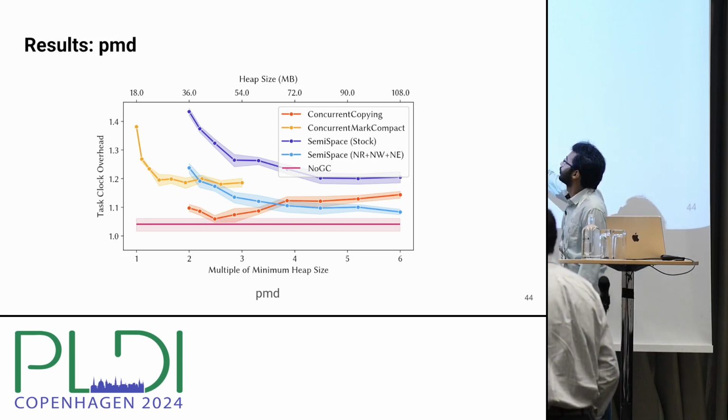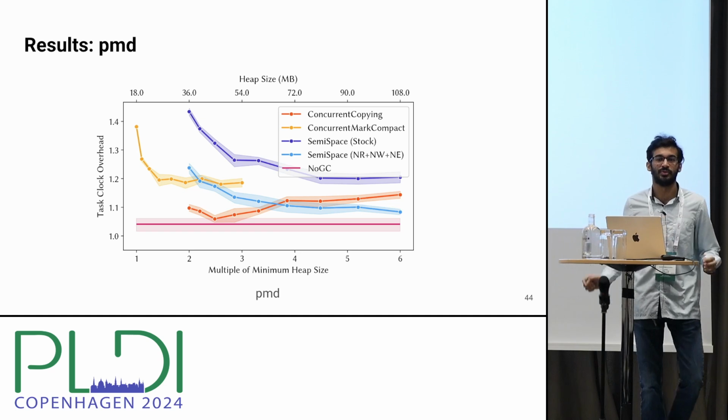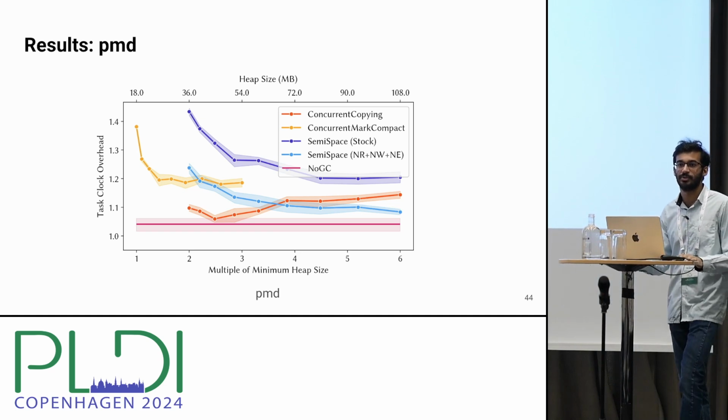Why is that orange color going up with the increase in heap size? So like I mentioned before, you mean this one, right? Yeah, like I mentioned before, it's because we find that over here you're actually reducing the number of cache misses due to increased GCs for smaller heap sizes. So you actually have better cache utilization, which is an interesting result. You would expect smaller heap sizes to have larger overheads.